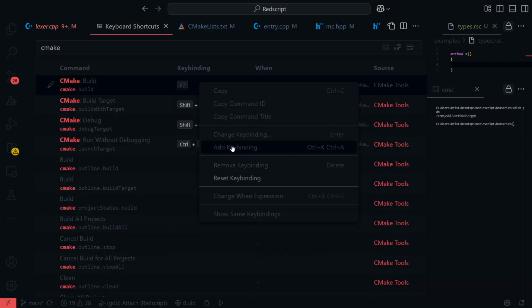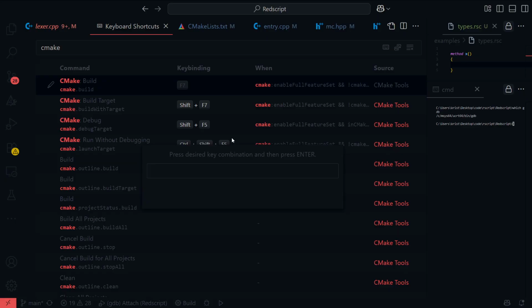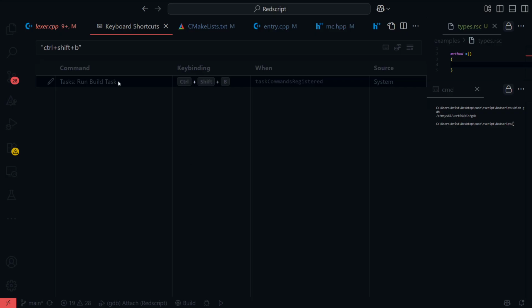I guess Control Shift B. Oh yeah, run build task. Wait, if run build task, what is my build task? Can I just set my build task to CMake?